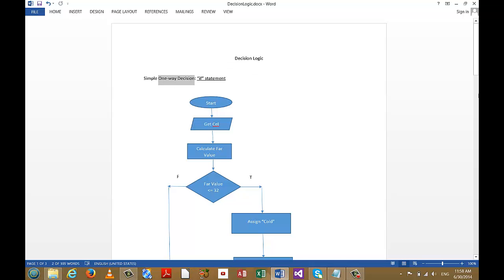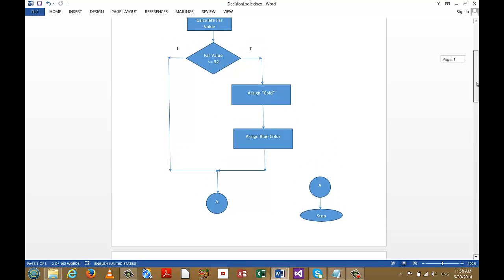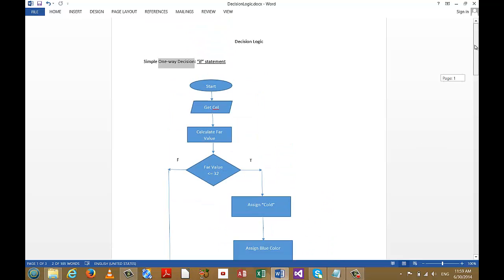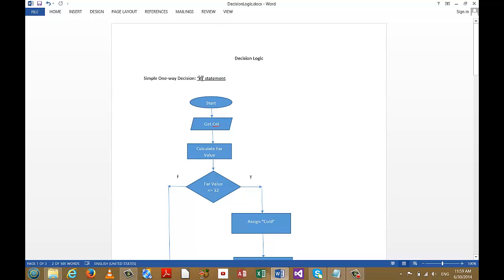In a one-way decision structure, there is one do-something, meaningful path, and the other path is a do-nothing path. So you make a decision. If the decision evaluates true, do something. Otherwise, do nothing. That's the one-way decision logic. And that's implemented in JavaScript using something called an if statement. Okay, so we'll look at the code here momentarily, but if I perform a test and it evaluates true, I want to do something, otherwise I don't want to do anything,